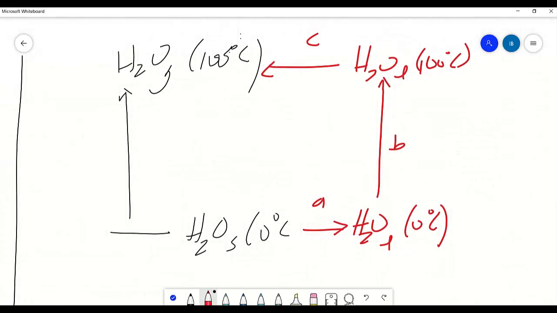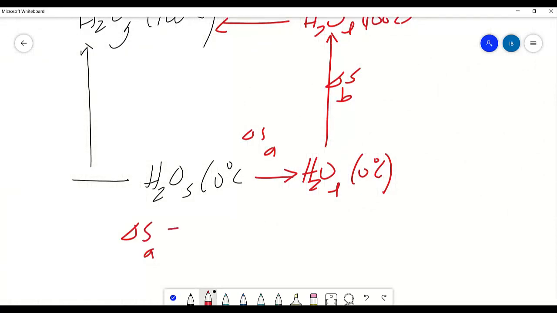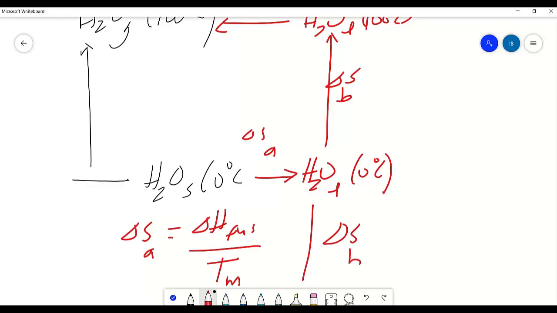In this case, you have delta S here, called delta SA, and then delta SB, and then delta SC. And delta S total will be the sum of these. For delta SA, this is a melting, so you can use delta H fusion for the water divided by the T melting of water, which is 0 Celsius. Of course, you have to change that into Kelvin. For delta SB, which is the heating, you can use Cp ln T final over T initial,